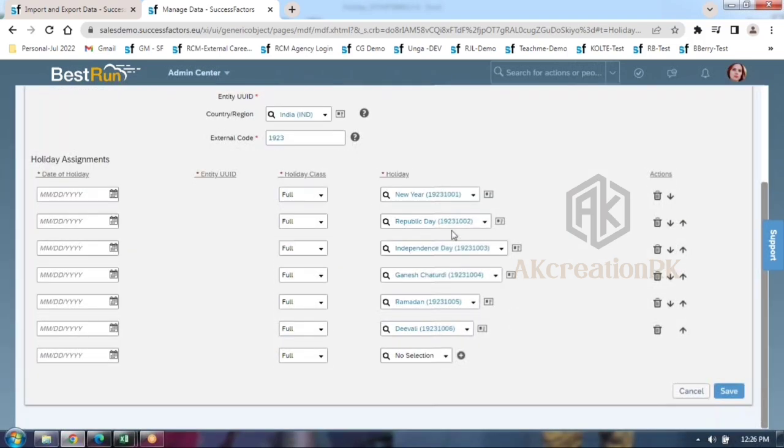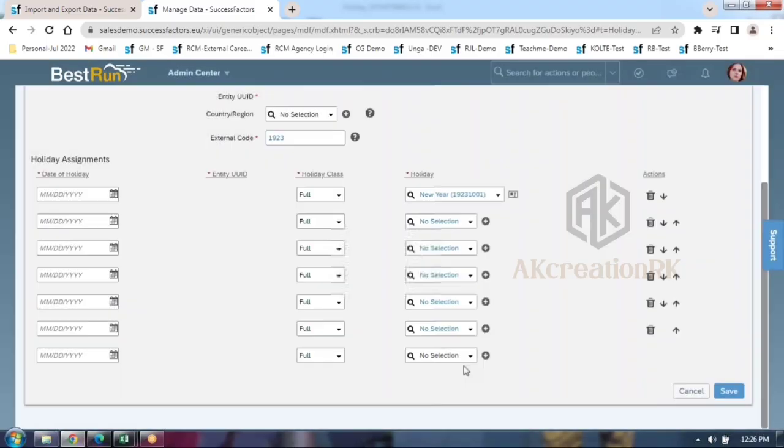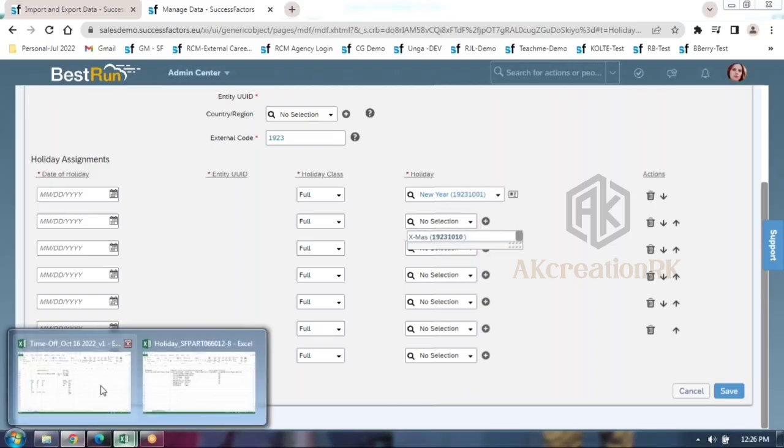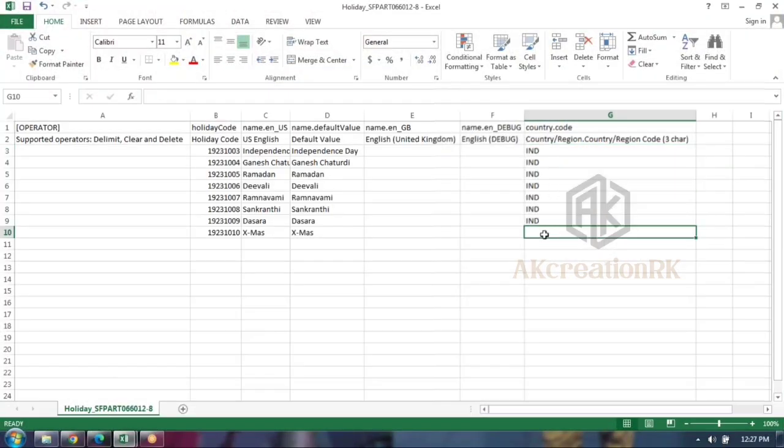No, these are all the second onwards. These are all the country specific holidays. Once you call the country over here, then only you can see them. If there is no country, you can't see them. See, automatically gone. Did you notice that? But 10 is coming. It's global. You mentioned to the system very clearly that the country code is blank. Country code blank is nothing but a universal, global holiday. When you mention a country, it belongs to that country, India or US, Australia, whatever country you mention.